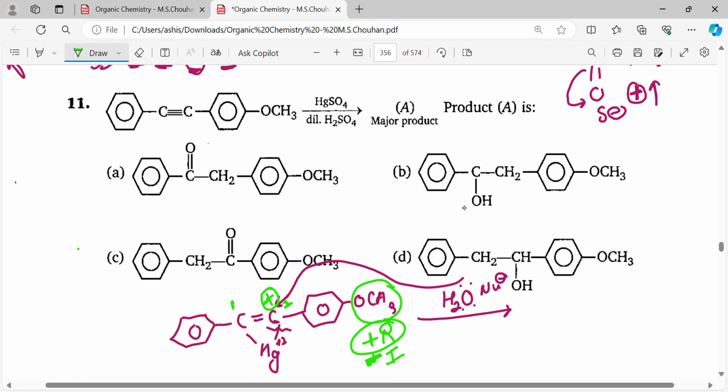Minus I and plus R, the plus R effect is dominating. So due to the plus R effect, it will stabilize the carbocation. That's why if the carbocation positive charge occurs on the two number carbon, it is more stable. That's why the nucleophile will attack on the two number carbon. So our product will be like that,